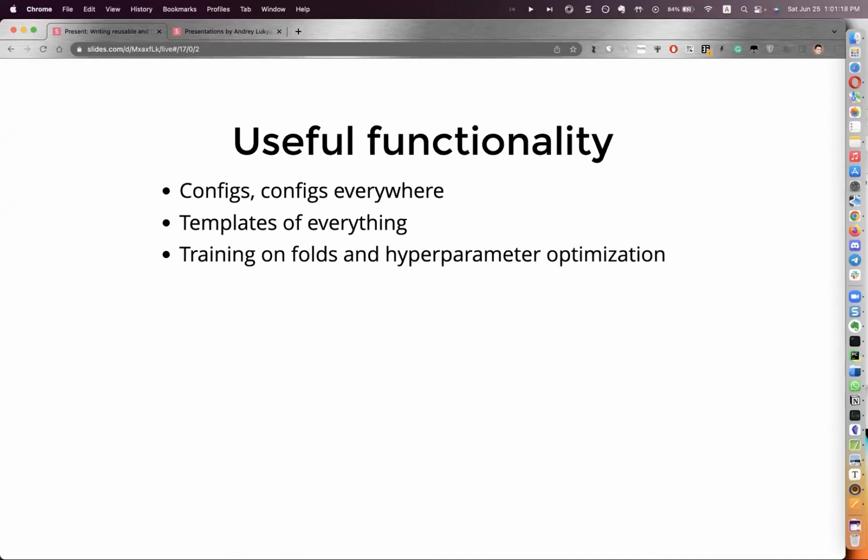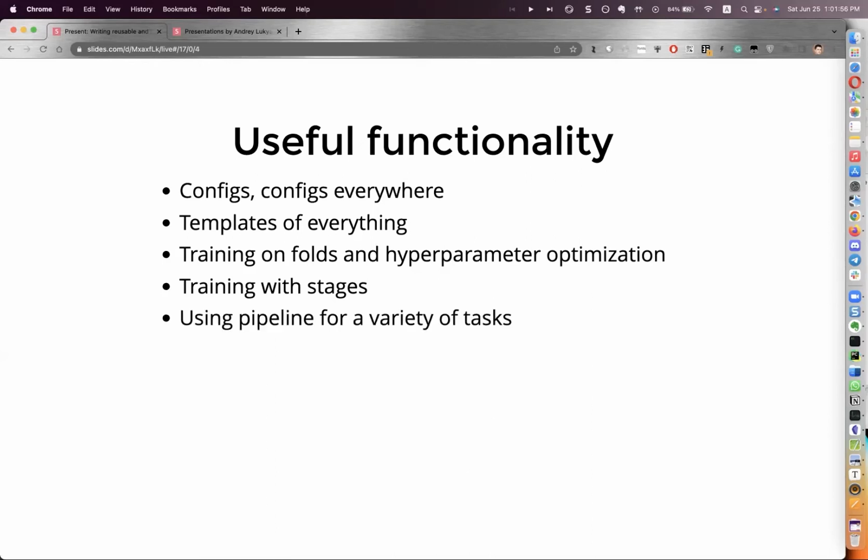Sadly, it is lacking in many high-level frameworks because usually they focus on training a strong single model. But if you want to do hyperparameter optimization, sometimes you have to jump through hoops and have some difficulties. So it would be nice to have it in the pipeline. Also, it would be nice to train with stages. By this, I mean, for example, changing image size after several epochs, or maybe changing the loss or optimizer during training. It's interesting. Some of the high-level frameworks already have it, and it's really useful when you are trying to push your metric to the best.